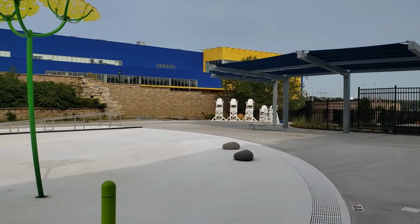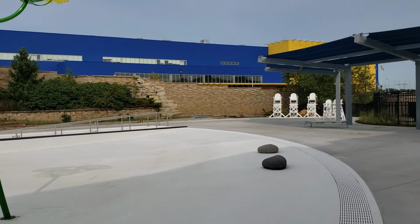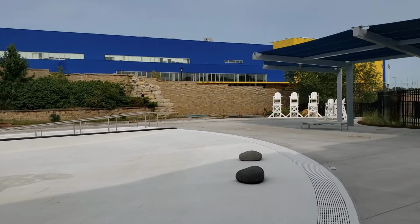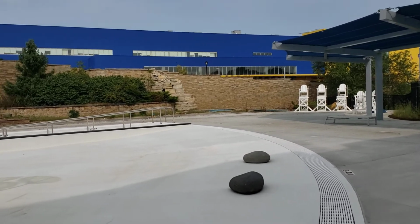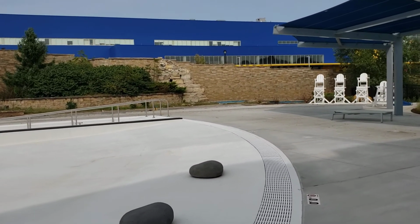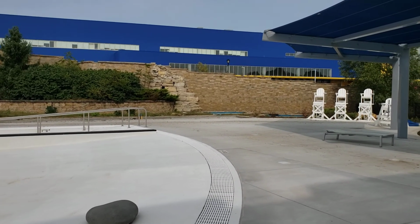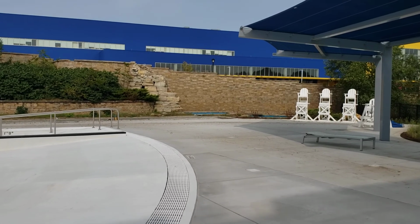There are always questions about what those little pools are over here along IKEA Way. Those are part of the fountain that has been part of IKEA fountain for a long time. It was actually here during the Merriam Aquatic Center. So that will all be re-landscaped, and that will be plumbed and turned on, and that fountain will be